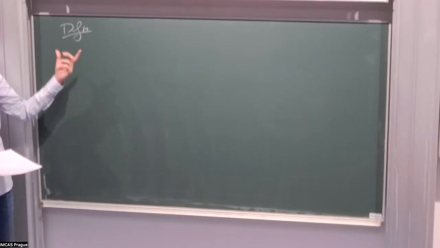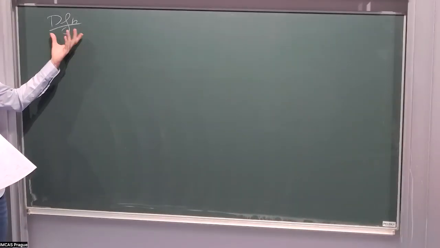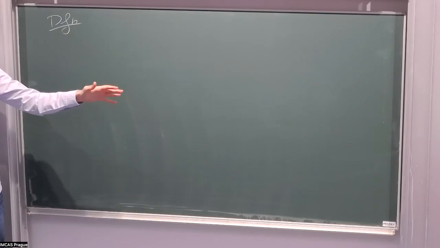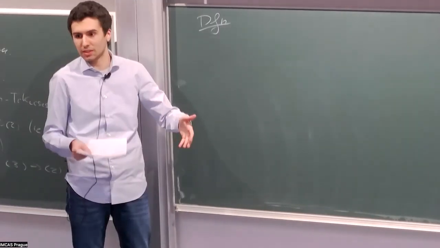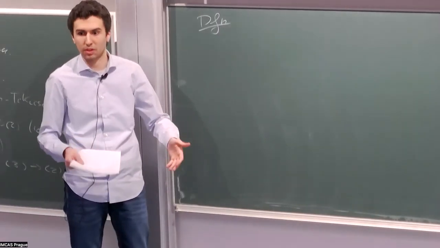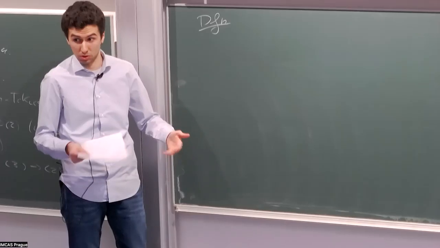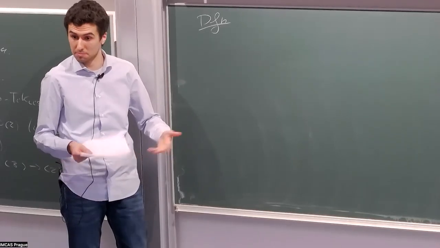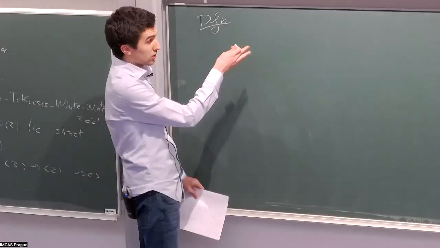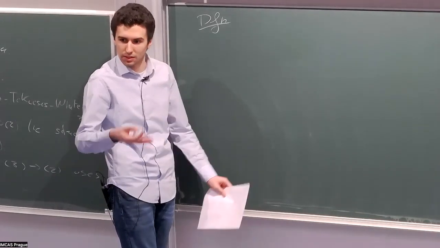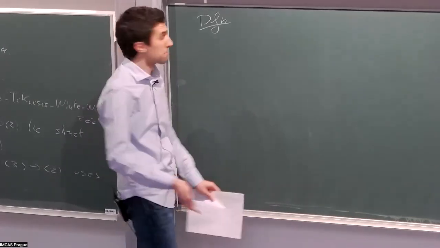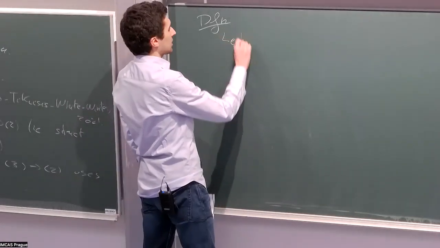And so the simple but great idea behind the Cuntz semigroup is to copy the definition of the Murray von Neumann semigroup by changing projections for positive elements. And essentially, this is done because you always have plenty of positive elements, even when you don't have projections, right? So the definition, as you'll see, just mimics what one does when one defines, let's say, the K0 group of a C*-algebra. So given a C*-algebra,